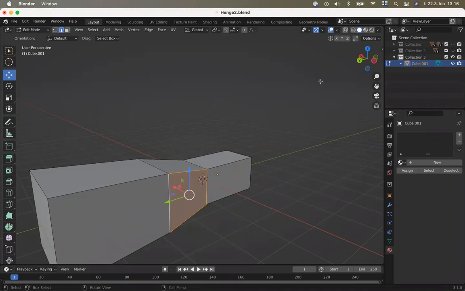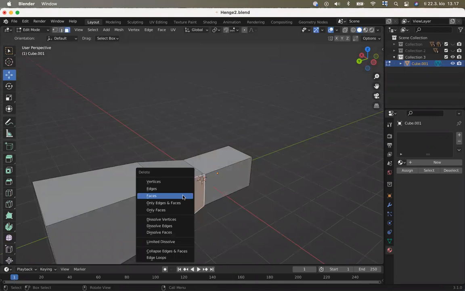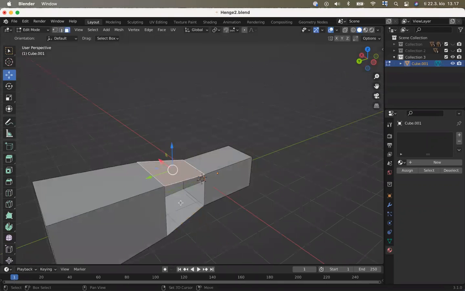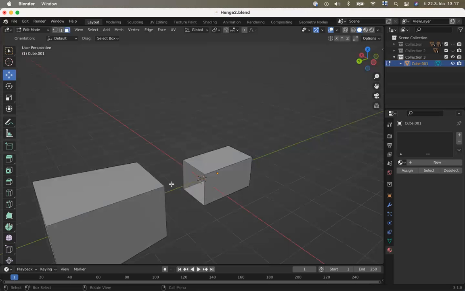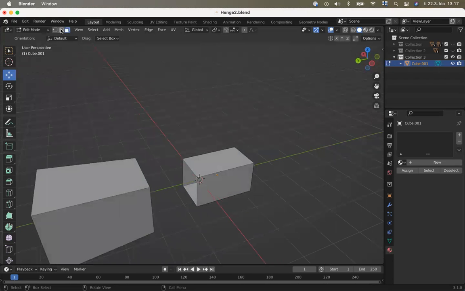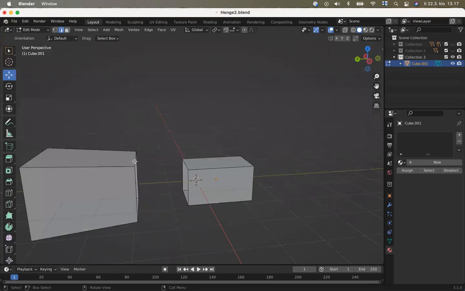Okay, so now here's the example from previously, where I had these two different objects that had to be connected. I could, of course, disconnect them again. Connect them again. Just to remind you how it was done. So there were two different objects that had to be connected somehow. So I used